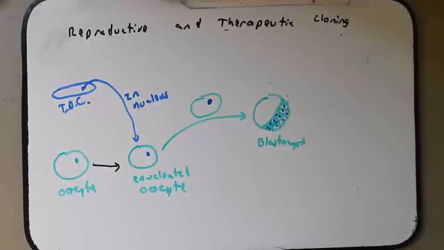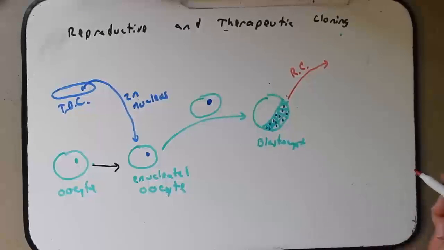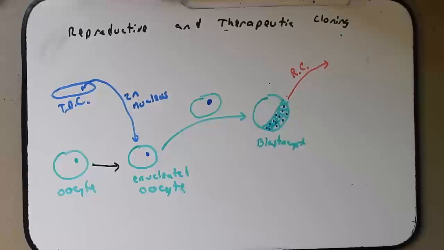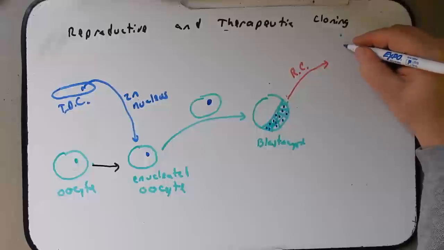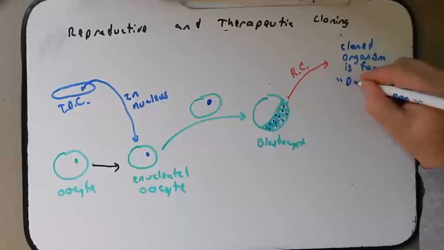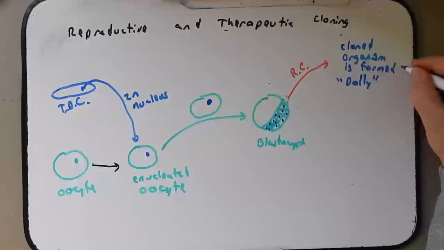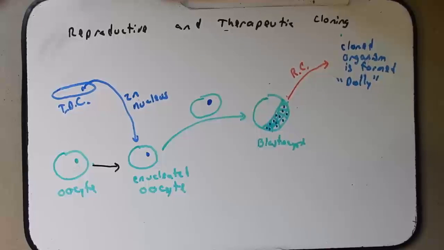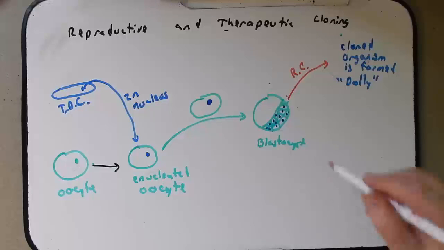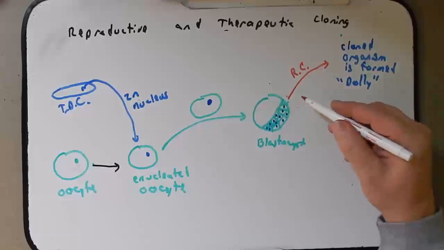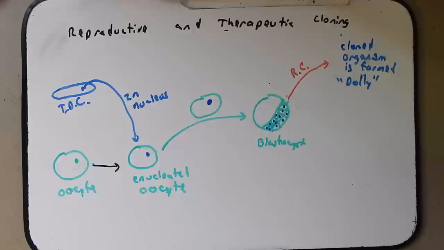Now in reproductive cloning, this blastocyst is placed into a surrogate mother and the progeny is allowed to form, and a cloned organism is formed. This is how Dolly, if you remember or have heard about, the first mammal cloned in this way, was cloned. She was a sheep that was cloned in England. Now there's a lot of ethical concerns and also scientific roadblocks that would prevent this from occurring for humans,